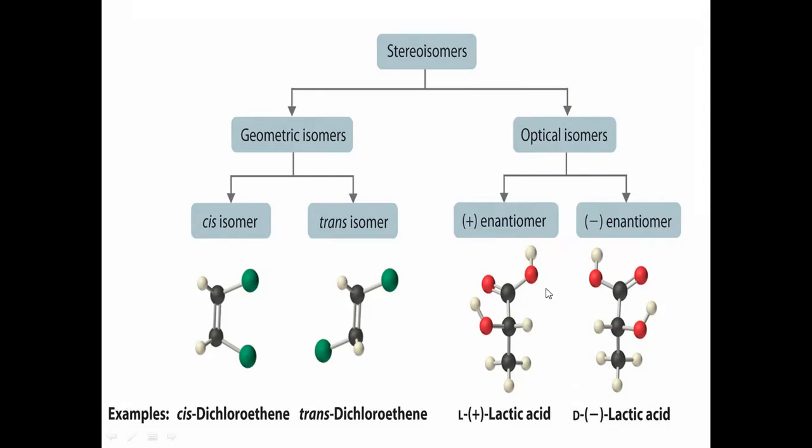That depends on whether the molecule rotates the plane of polarized light to the left or right. If it rotates the plane polarized light to the left, then it is levo, and if it rotates to the right, then it is dextro. So right now, in this stereoisomerism, you have the term